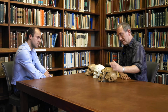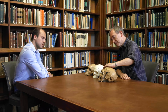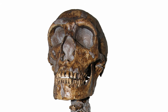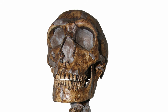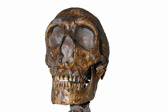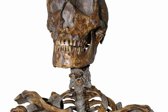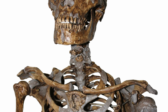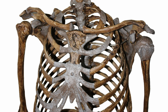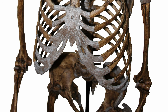It's spherical when viewed from behind, almost like a ball. There's a double-arched brow ridge over the eyes, a big face, and particularly the middle of the face pulled forwards with a great big nose. Quite big front teeth. If we had the lower jaw, not much of a chin on it. If we have the skeleton of the Neanderthal, we would see a much shorter and wider, compact body, very powerfully built, very big rib cage, wide pelvis, strong muscle markings, a body built to withstand a very